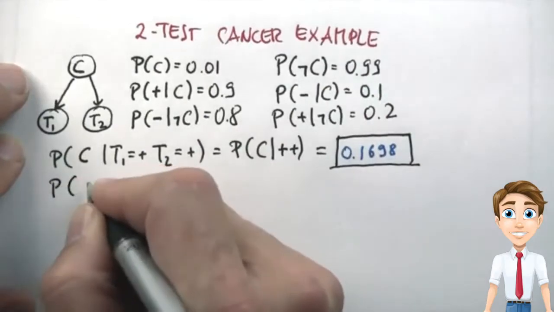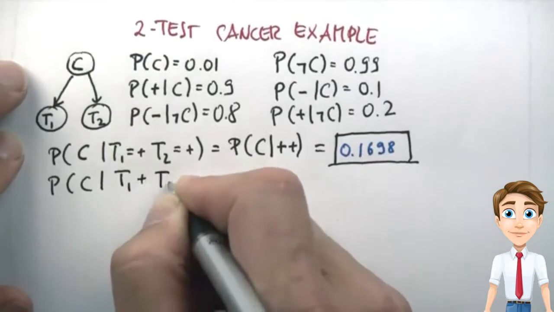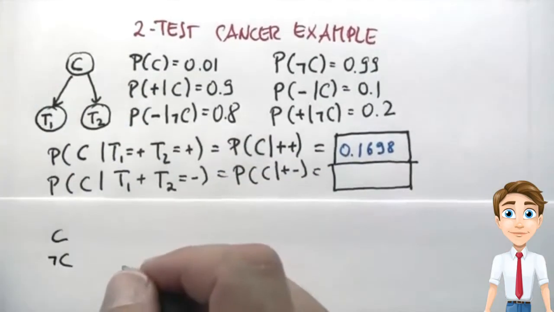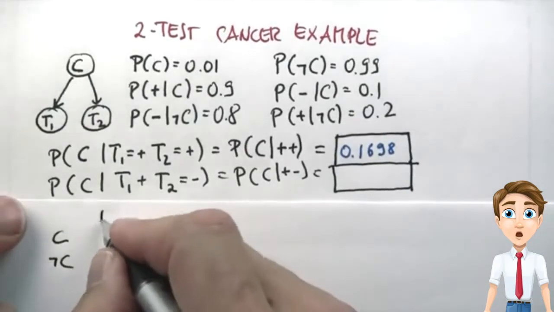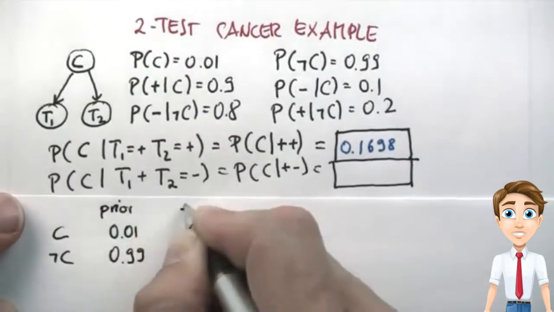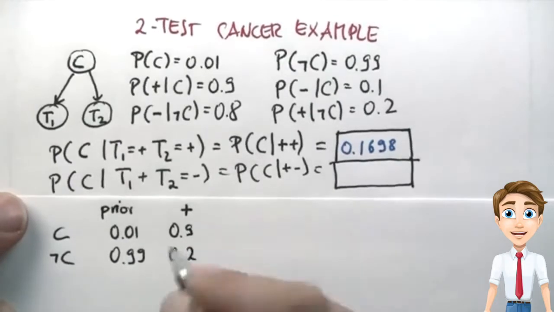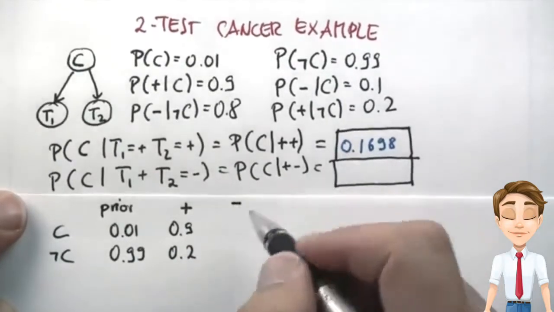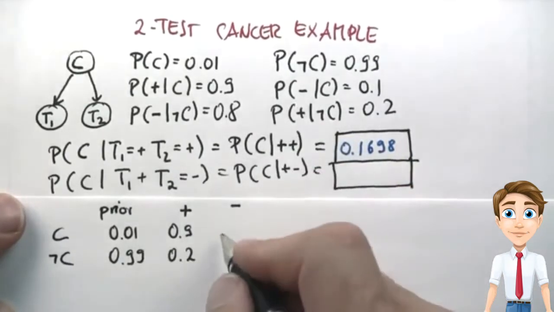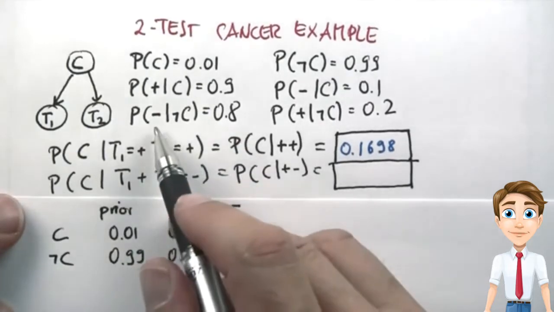Calculate for me the probability of cancer, given that I receive one positive and one negative test result. Please write your number into this box. We apply the same trick as before, where we use the exact same prior of 0.01. The first plus gives us the following factors, 0.9 and 0.2, but our minus gives us the probability 0.1 for a negative test result given that you have cancer, and a 0.8 for the inverse of a negative result of